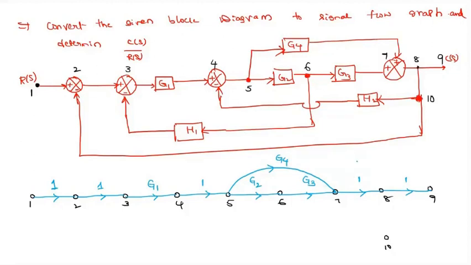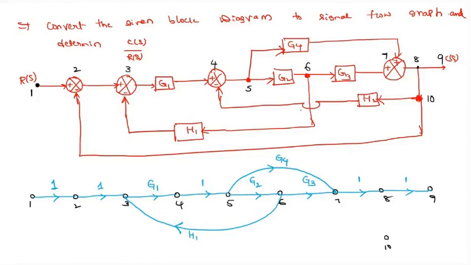Now the fifth part. The fifth part means the feedback path. So these will all be feedback paths only. So this H1, everything. Now coming to H1, where is H1 connected? H1 is connected between 6 and 3. So from 6 you need to start it, and connect 6 and 3 like this. What is the direction? Towards 3. What is its gain? H1. Now 6 and 3 is over.